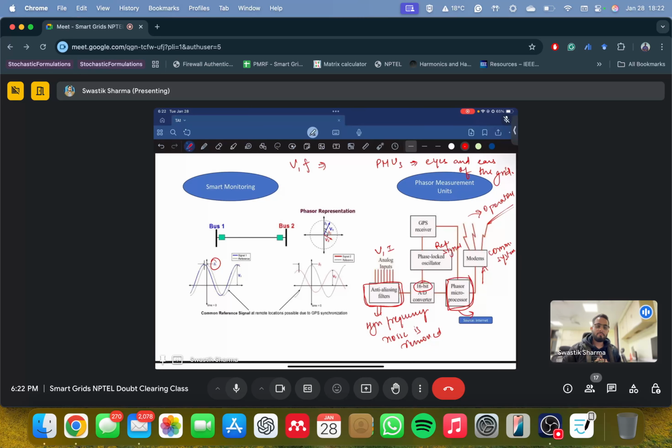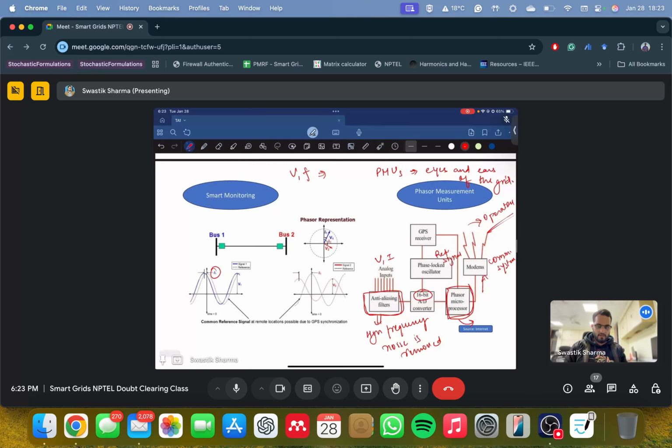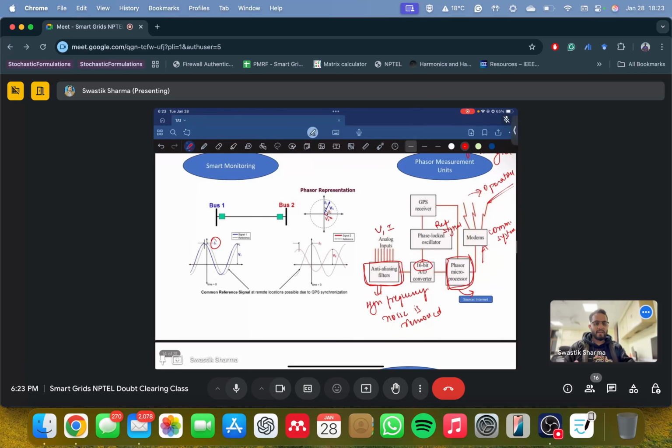So this is what a PMU is, and this is its job. Its job is to send the measurements for a given node. Let's say I am connected to a node where my generating station is connected, right? And I'm sitting at Delhi and my power plant is in Kashmir. I use a phasor measurement unit, install it over there, and sitting at Delhi, I can do real-time monitoring of that system. That is what is done using a phasor measurement unit. They are highly required to increase the efficiency and the reliability of the system.